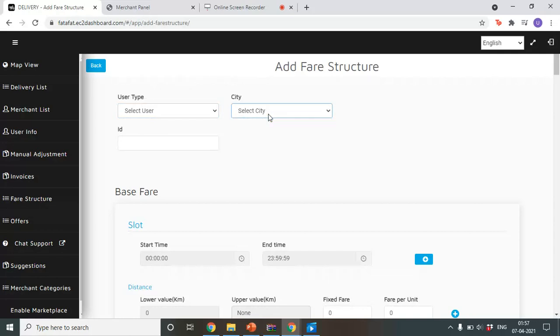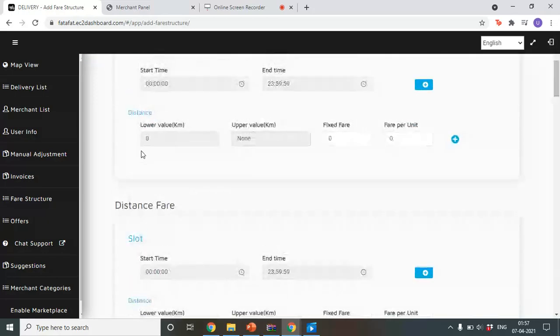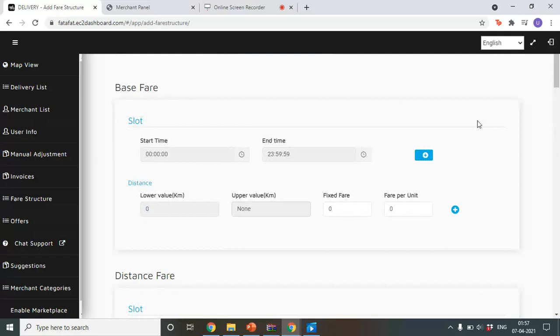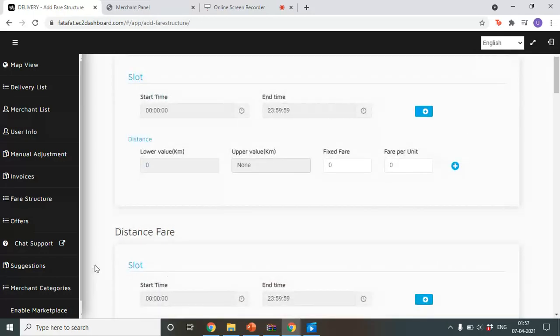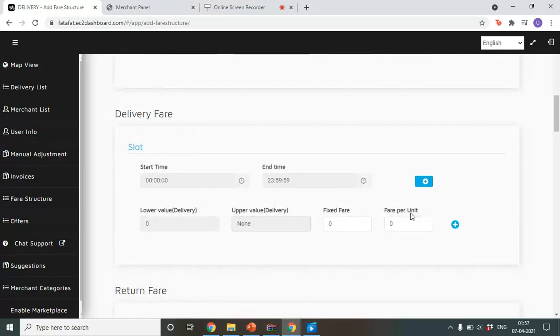The fare structure is very detailed and elaborate. It has the base fare, the base value, up to certain kilometers. This value will be applicable. This is the minimum value, the minimum fare that a customer has to pay. Then there's distance fare, delivery fare, and the whole fare structure is quite detailed.